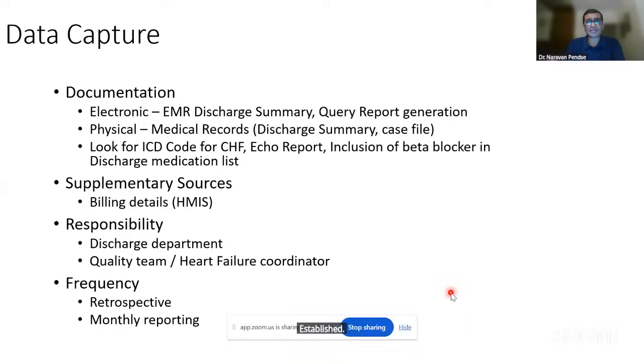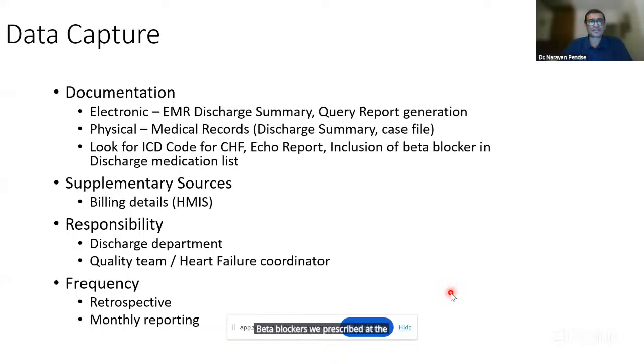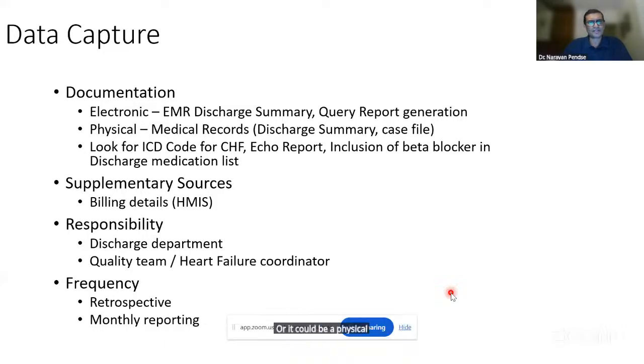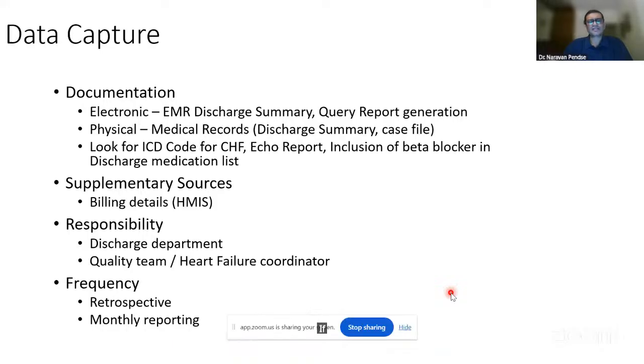Where do you capture this data? Because this data has to be coming from the discharge summary, because the indicator requires that beta blockers be prescribed at the time of discharge. So you need to check the discharge summary. The discharge summary in your hospital could be an EMR or an HIS generated summary, or it could be a physical case record, in which case you may need to audit the case files and the discharge summaries. If electronic data is being generated,